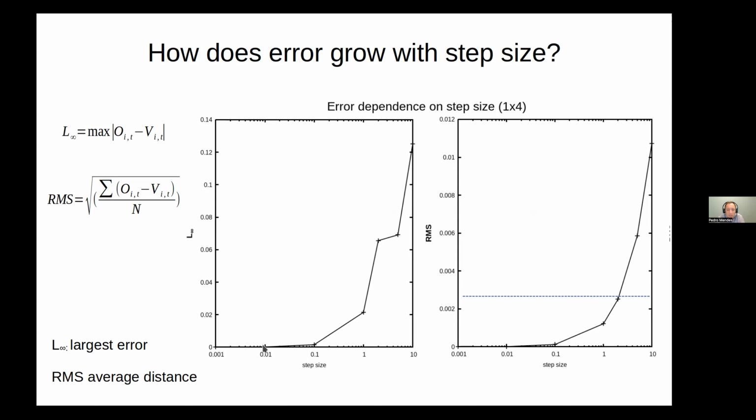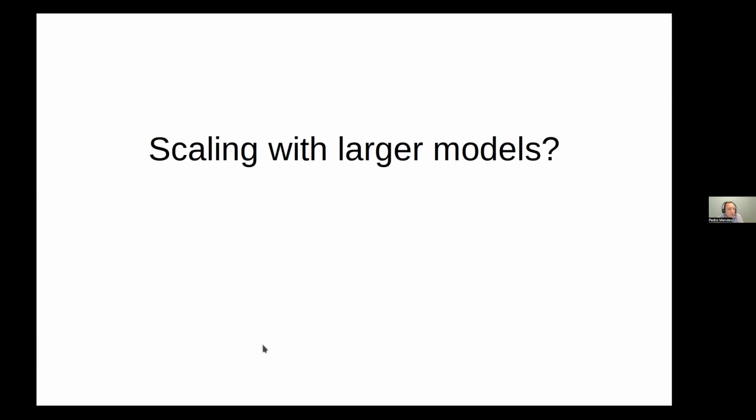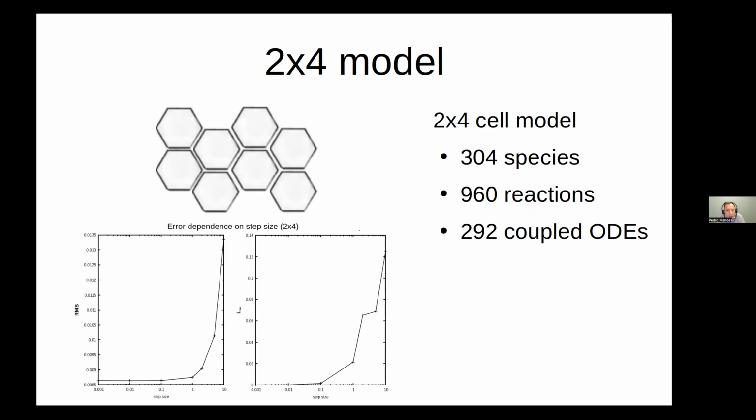But I was very surprised to find out, and Iran was very happy to see, that 2 actually worked well. Okay, so can we do this in larger models? So we moved on. We created a grid of 2 by 4. Remember, this is a toroid, but we can have more cells. Everything works this way. If you read the von Dassault paper, they also show larger structures like this one,